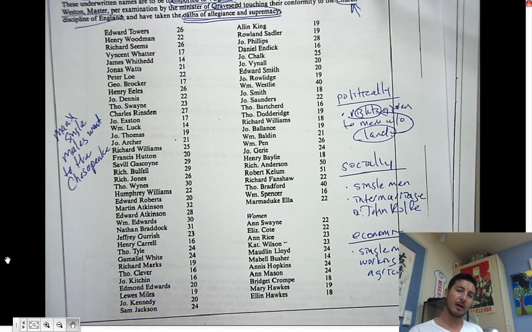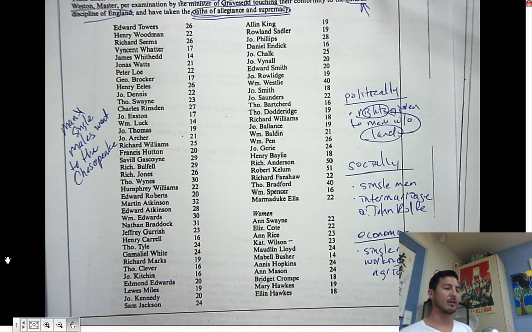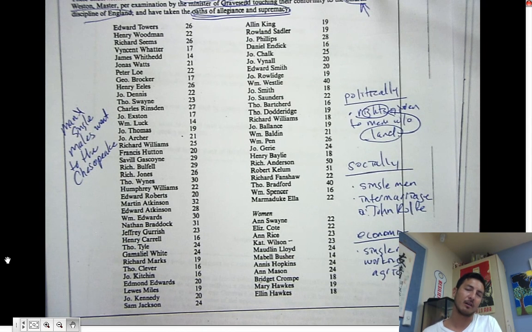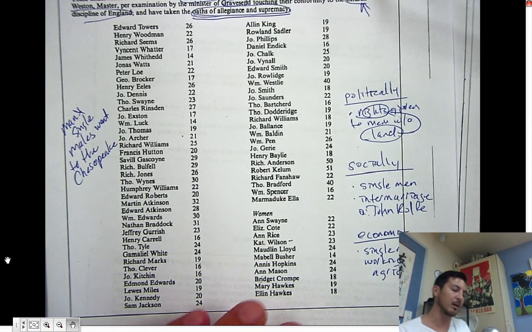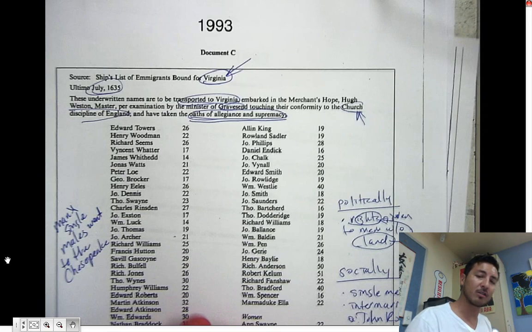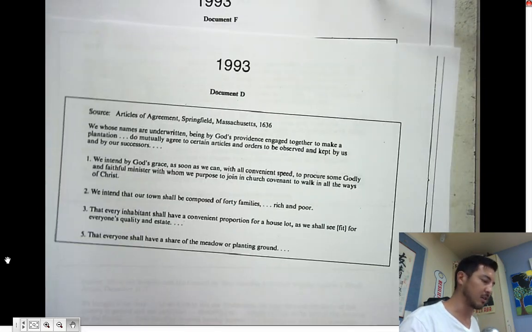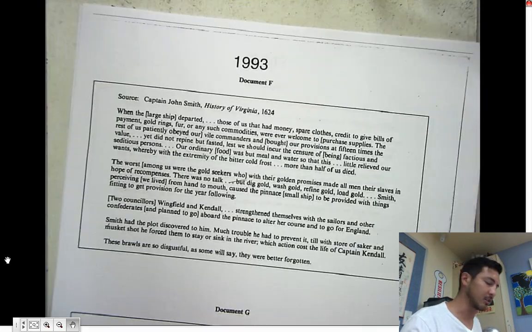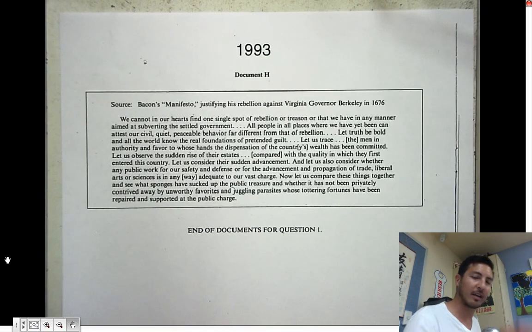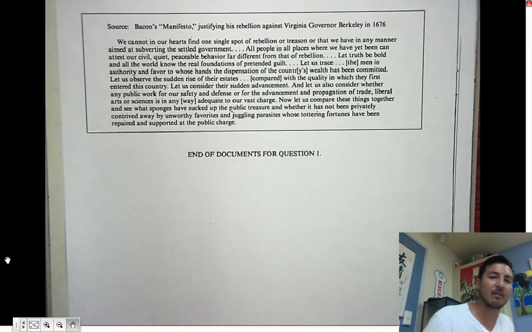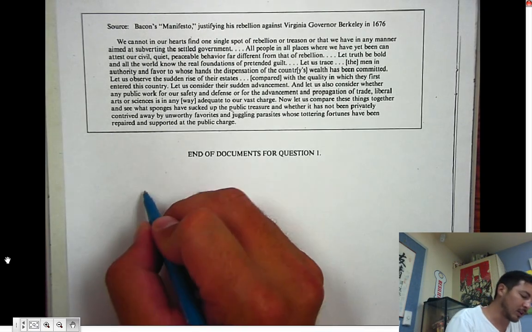So I'm going to go ahead and pause. I'm not going to show you guys anyone else because that's really the hard work of the DBQ, really understanding the primary documents. So imagine that you've marked all the documents. Some were political, some were economic, some were social. That's you marking. And you get here at the end, and you get the set of documents for question 1. What I would like you guys to do